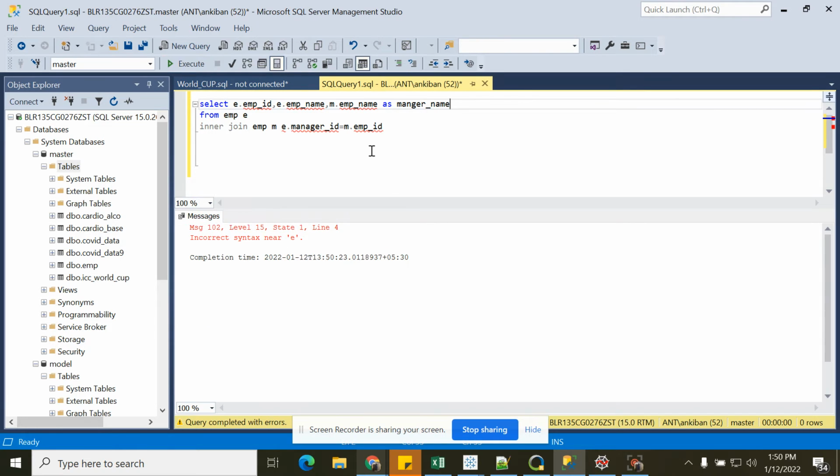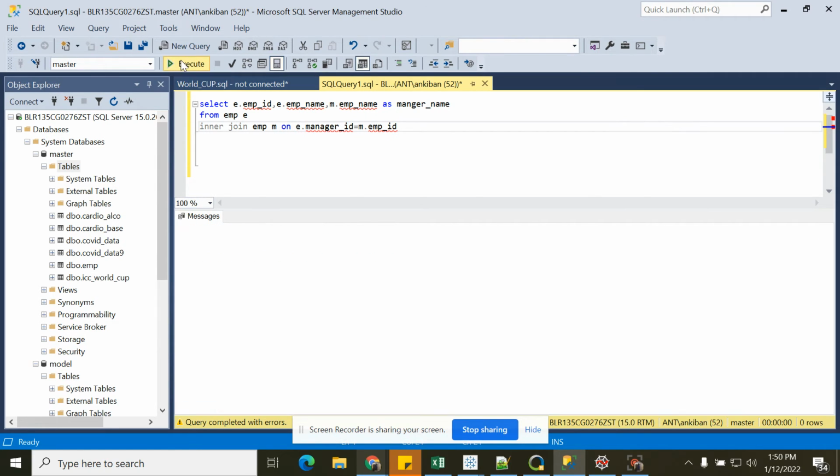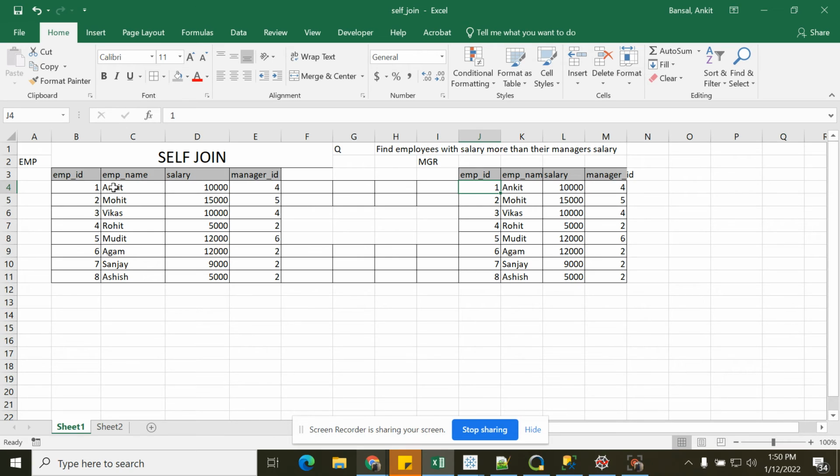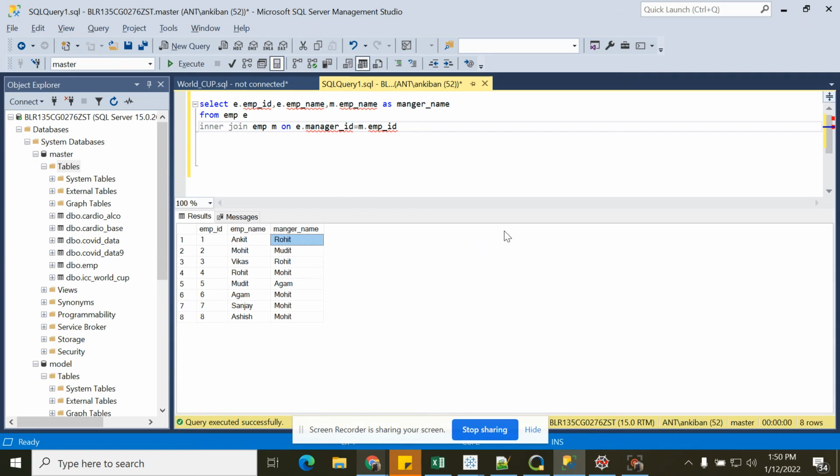Let's run this. There is some error. Okay, so if you see, for employee Ankit, I have manager name Rohit, right? For employee Ankit, manager ID is 4, which is Rohit. Similarly, I can get more details.